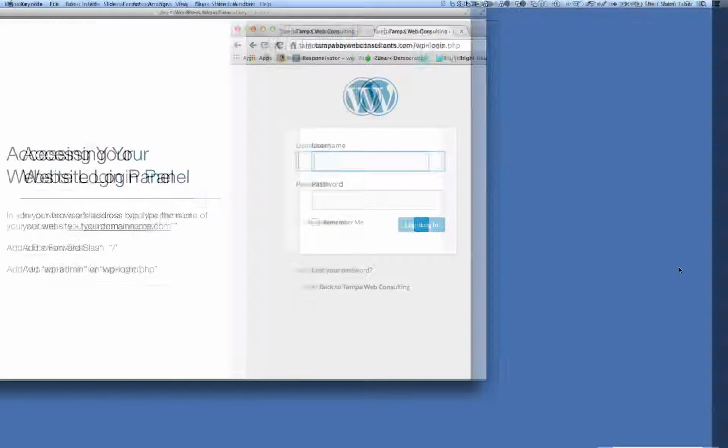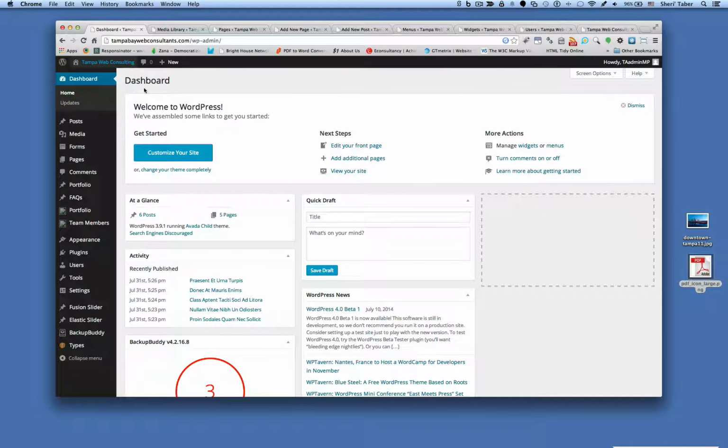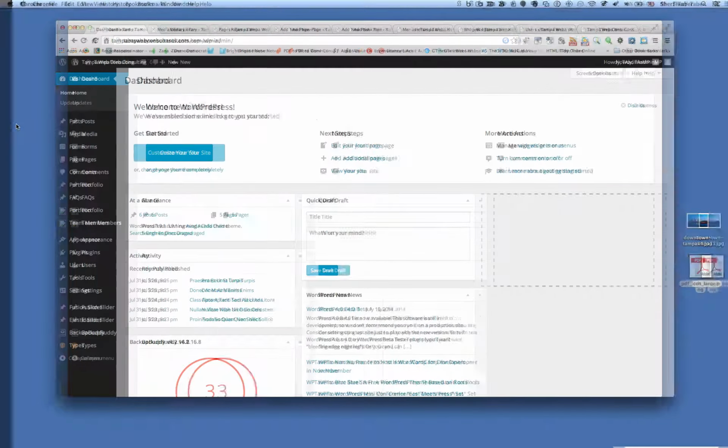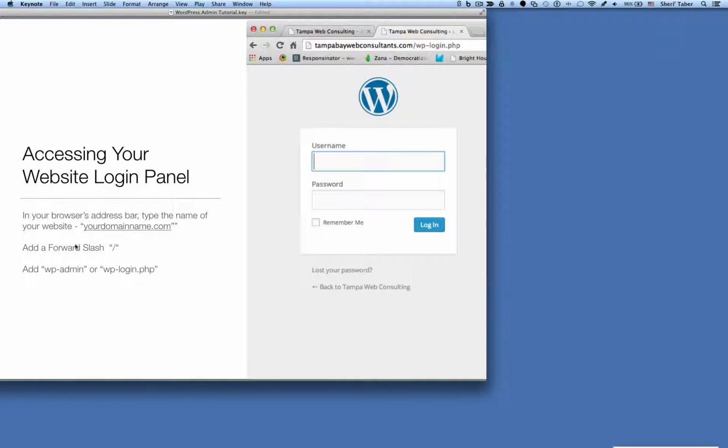wp-login.php. Now, on this view, you can see where we have already gotten into the back side of the website, and again it's populated with a wp-admin once you're on the inside. So again, here you are, yourdomainname.com with a /wp-admin, and then hit find or search or your enter button, and then you will get this panel you see on the right here, where you will be asked to put in your username and your password, and I recommend